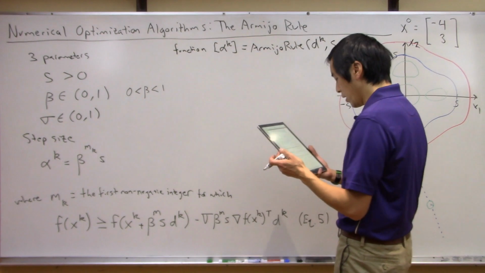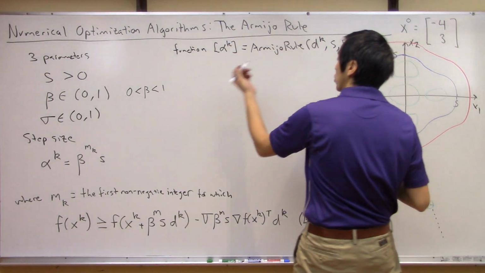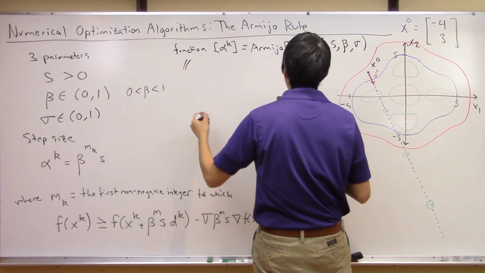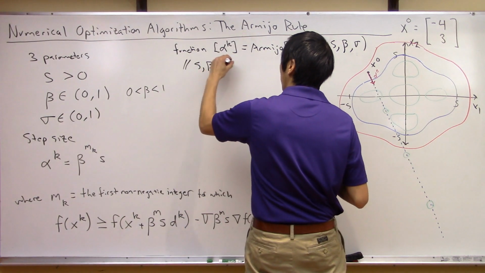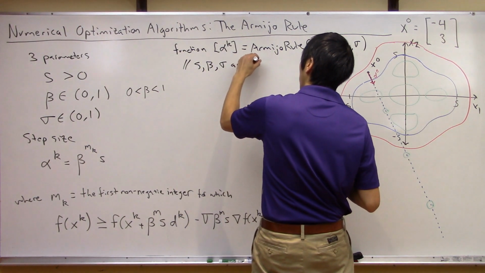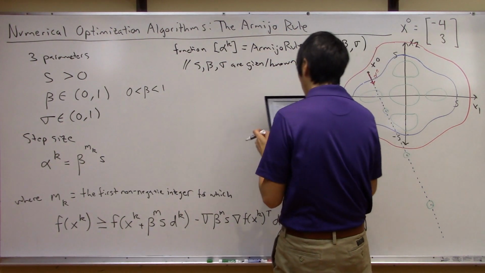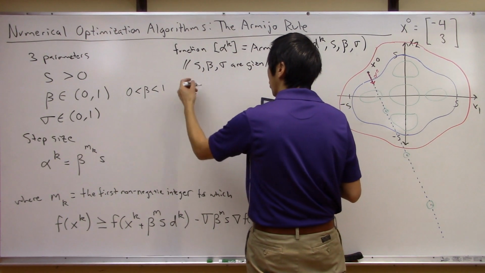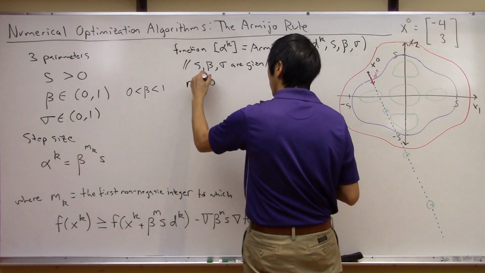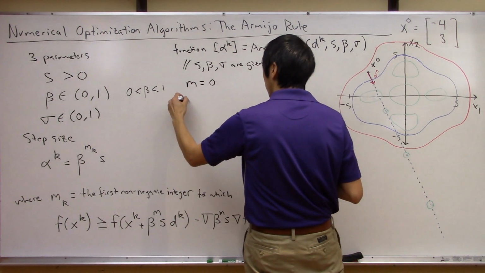So it's really easy. Now that you have all these, let's just talk about this. Let's put a comment here, and we'll note that S, beta, and sigma are given/known. And I guess so is dk. All you've got to do in this pseudocode is initialize m. Start this out as m equals 0, and then all we're going to do is start a while